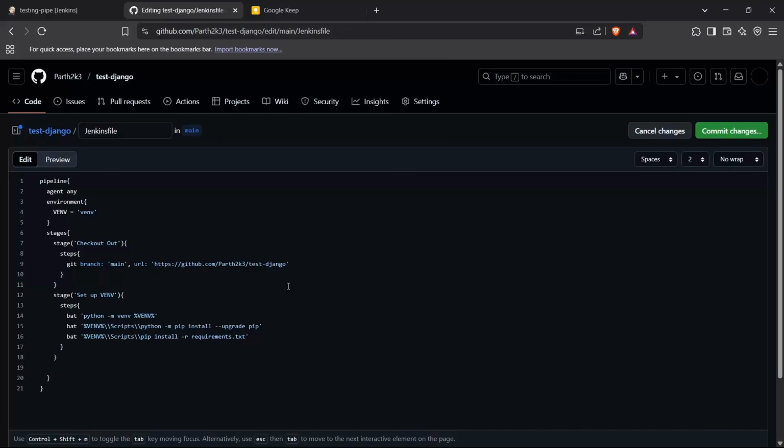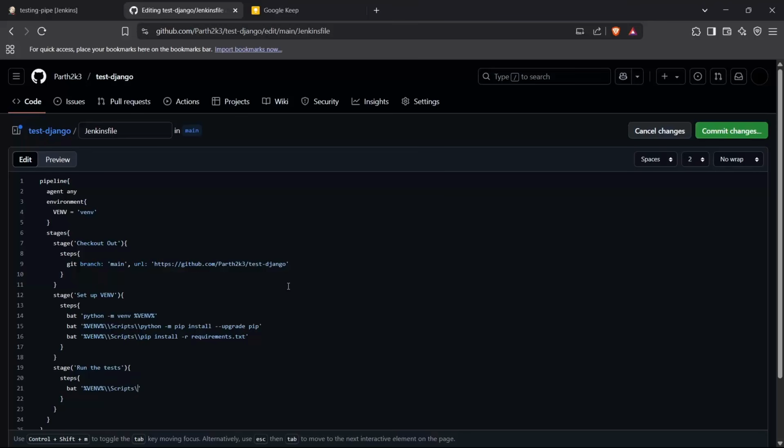All right, so now we can execute the final stage, which is simply running the tests inside our Django application. I'm going to name the stage run the tests, and for this, I'm going to define some steps here. For the steps, there's just one step for us right now, because we're going to run the test using a simple command, which is python manage.py test. I'm going to run this command using my virtual environment, venv